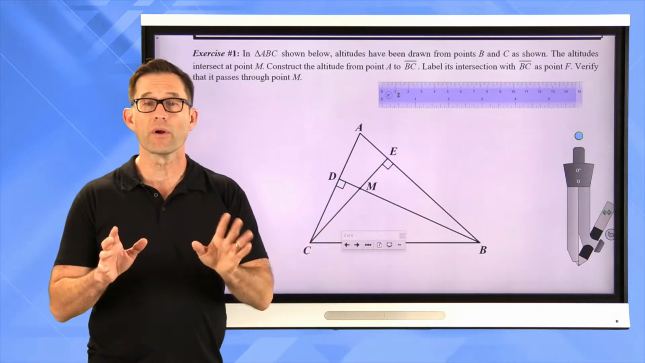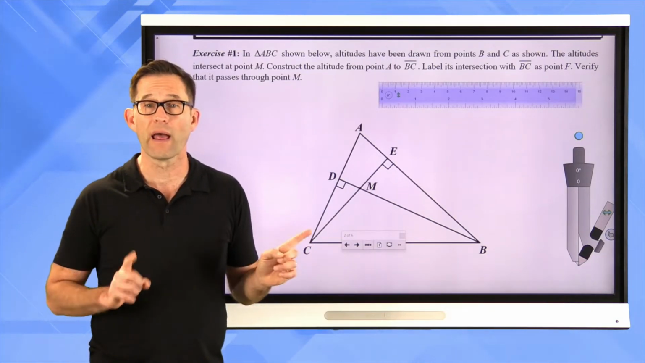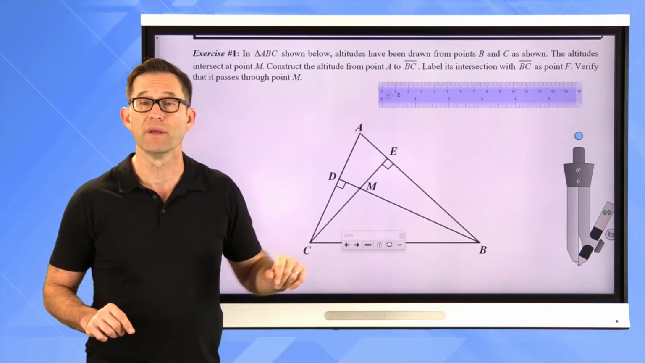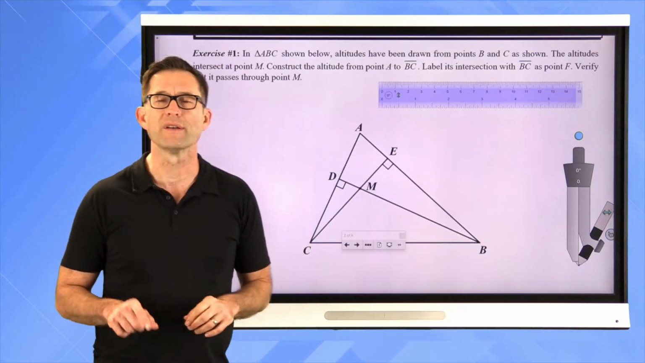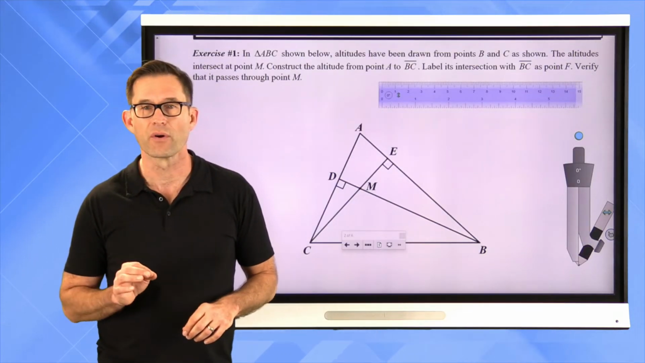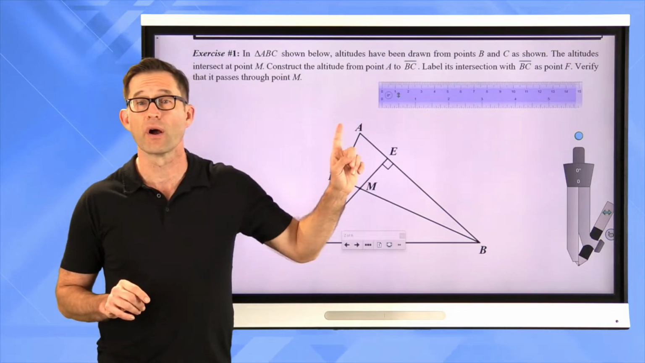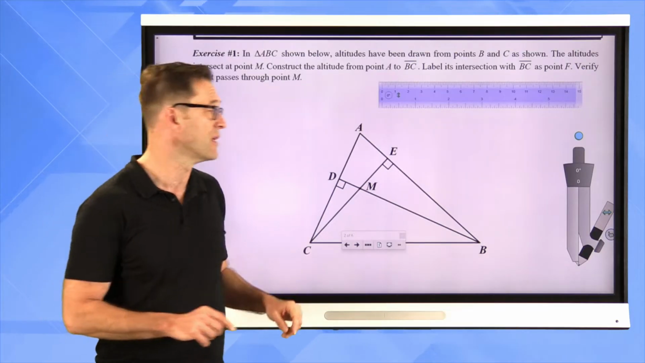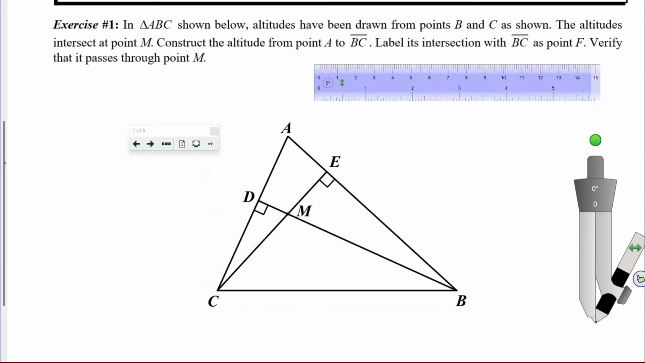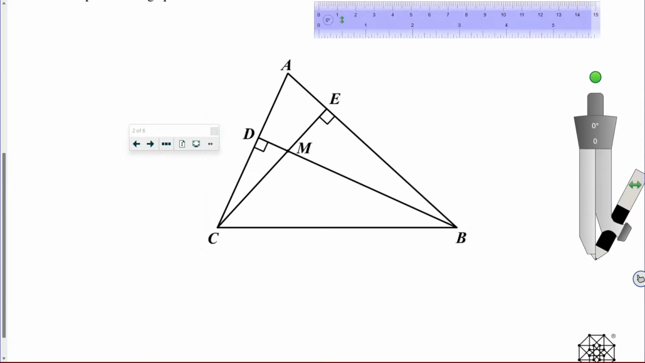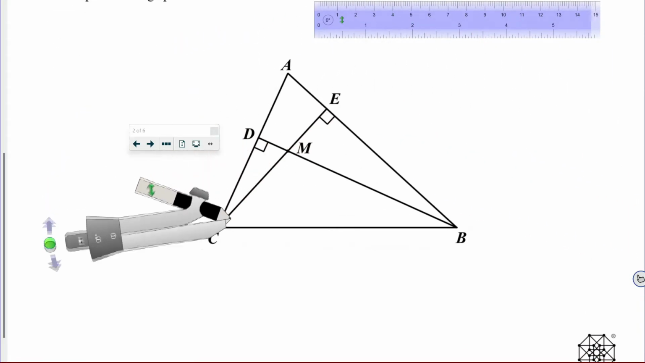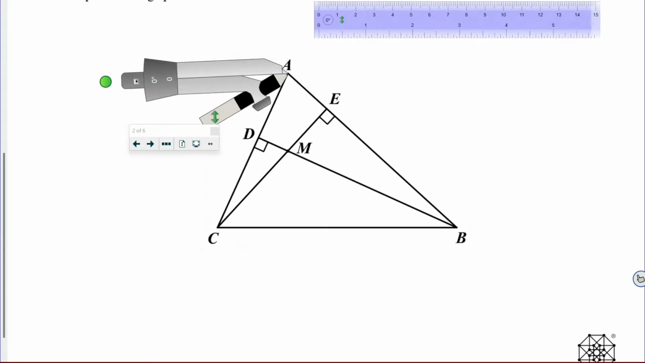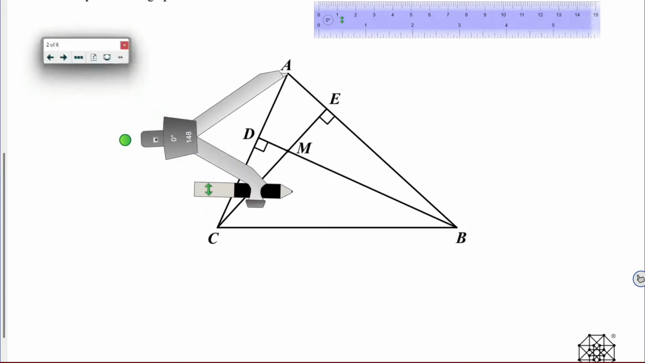Now we're going to construct the third altitude, specifically from point A to side BC. We've done a little bit of this before, especially when we worked with the incenter. I want to construct a line that passes through A that is perpendicular to side BC. So let's remember how to do that. To construct a line that passes through a point not on the line and is perpendicular to that line, I need to